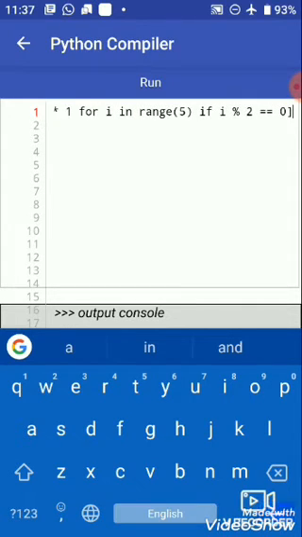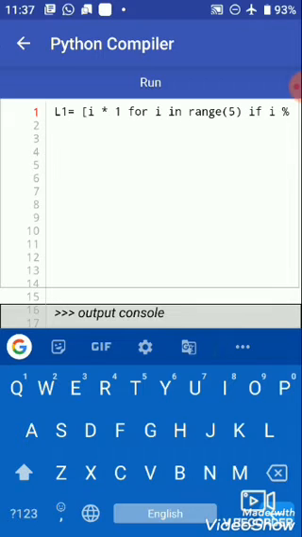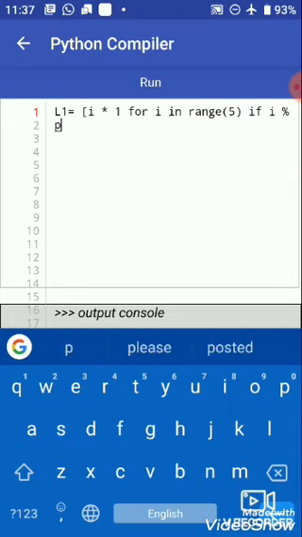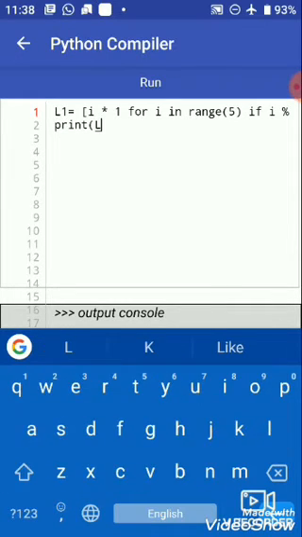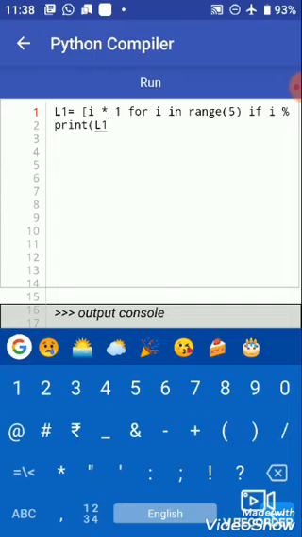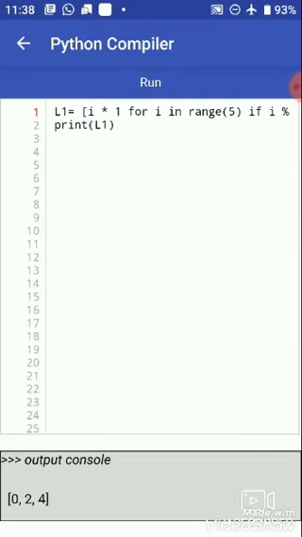So let's print it, and when we print this, the list name is L1, and after running the program we get 0, 2 and 4.